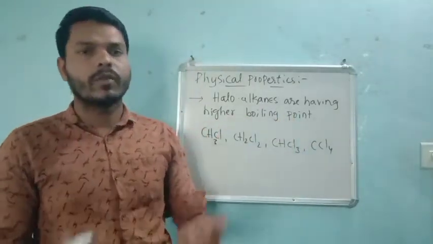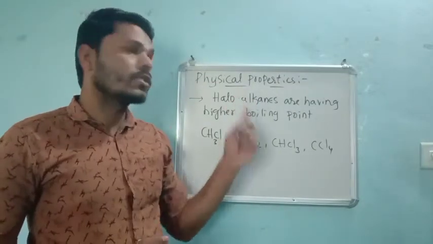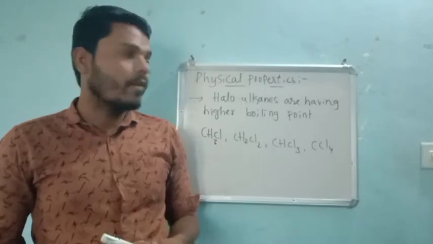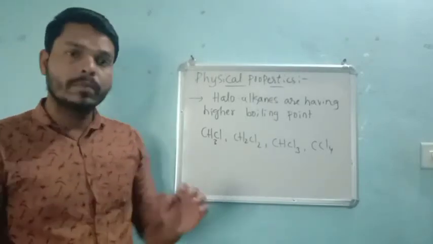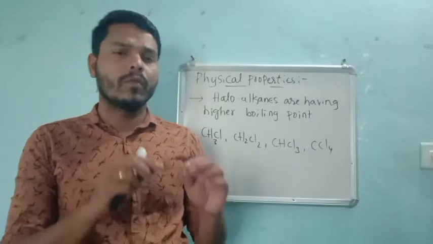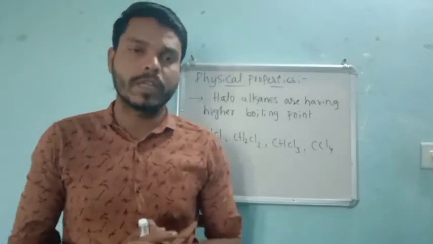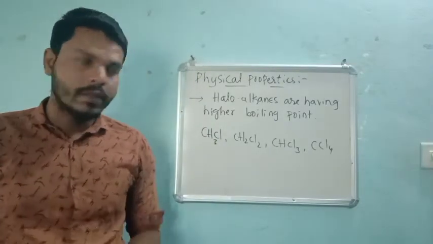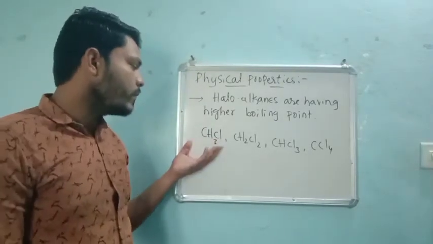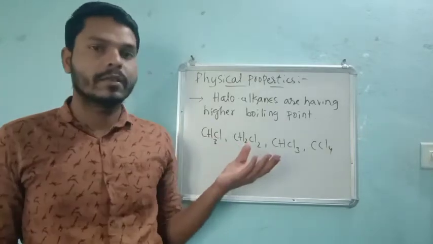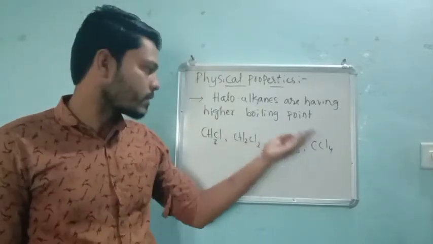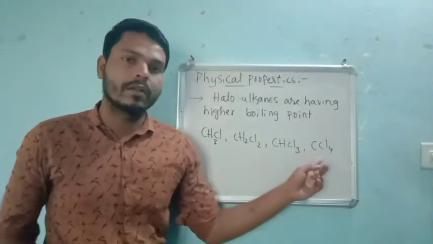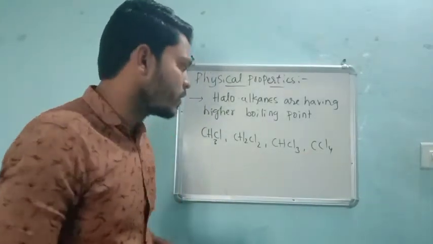First of all, haloalkanes are having higher boiling point, right? They have high boiling point, no doubt, because all over single bond is there. Only sigma bond, and for breaking of sigma bond we require more amount of energy, right? They will not ask the question directly, they will ask by giving like this. So remember one point during your NEET as well as the CET, whenever the